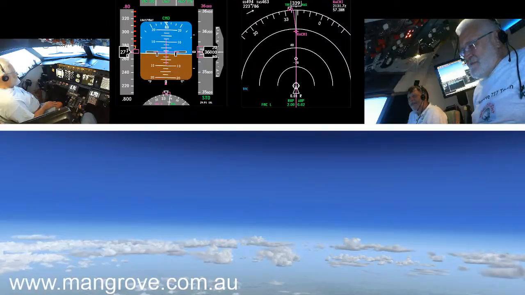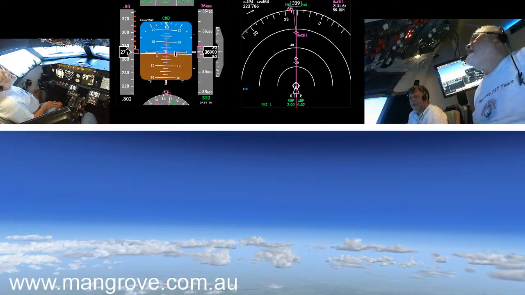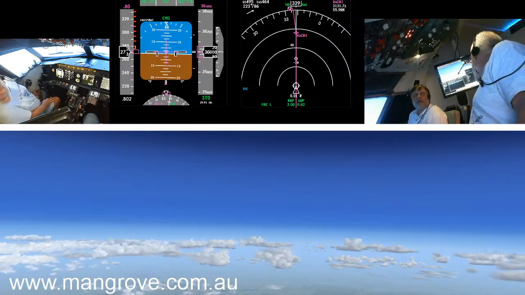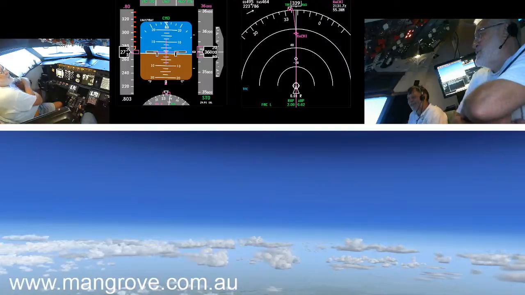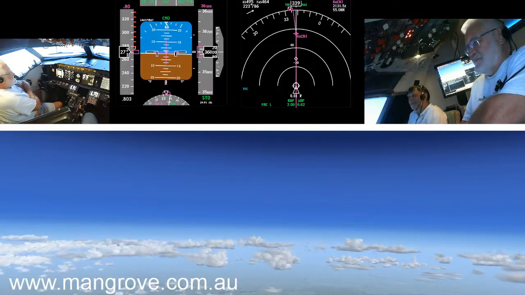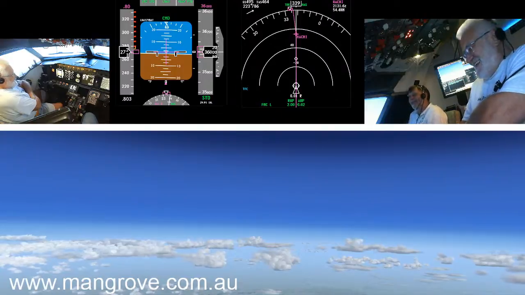Hapag Lloyd 286, climb flight level 240. 240, Hapag Lloyd 286. Yes, yeah. Climb 220. And no, the ATC did not just do that.